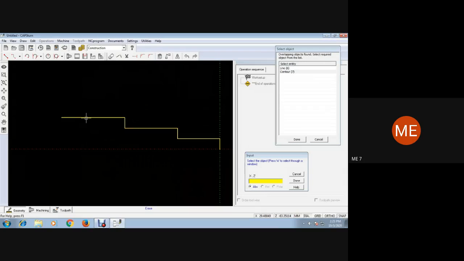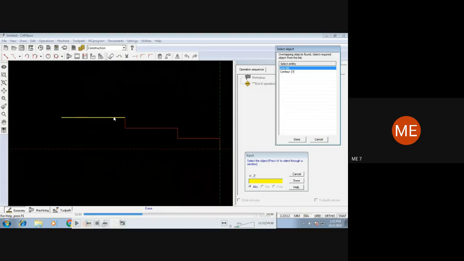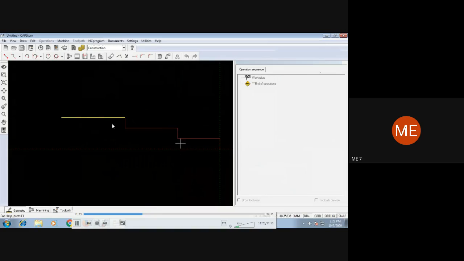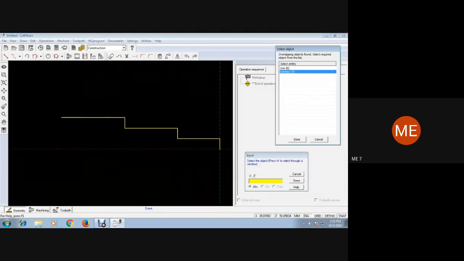So if you have made any mistake, then you can erase it like this. But before that, you have to cancel the part that you have chosen. We have already given the confirmation previously. So in that case, we have to delete it. First, we have to remove the permission so that it is not taken up for the machining operation. We are not permitting it to be accepted as the part, and then it becomes only a geometry, and then we can do any changes either with respect to the entire drawing or only a particular line. So we can erase it.